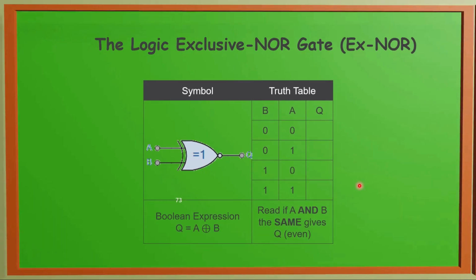The exclusive NOR gate will have opposite output to the exclusive OR gate. Like previously we had ones if there was any 1 0. But here it will be opposite. We'll get zeros at the intermediate levels, and if both are zeros or both are ones, then output will be 1.